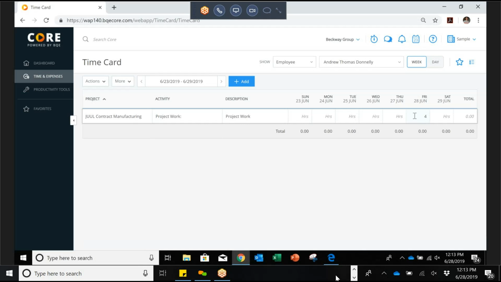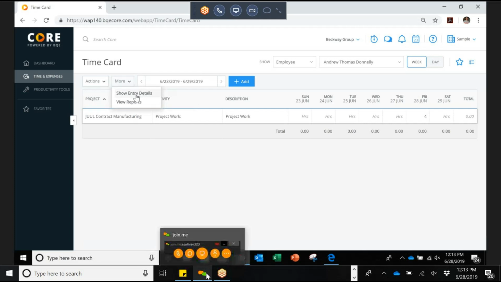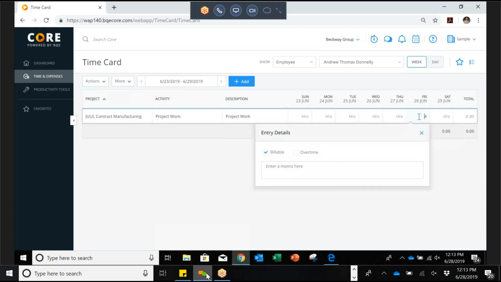If you would like to add additional notes or a memo to your time entry to accompany your 4 hours of project work, under More, you select Show Entry Details. You only need to do this once. When you do this once, it will now always